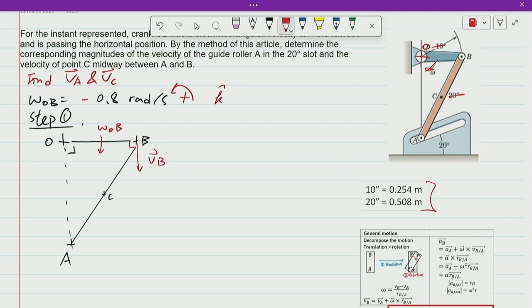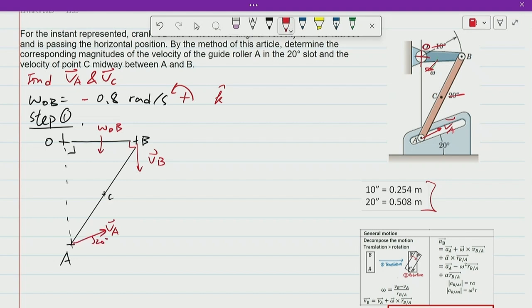Now, if you think about the system, as OB rotates downward clockwise, it's going to push A down, right? So it's going to basically go that way, velocity A. However, let's say I panic or didn't really think about it. I'm just going to assume it goes upward, right? I'm going to assume VA goes upward, and that's how my solution went, and it's going to give you the correct answer. This is the beauty with the vector approach. As long as you're consistent, you're going to be all right. So VA